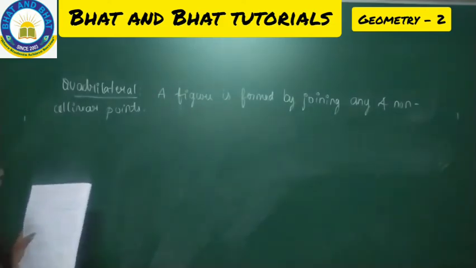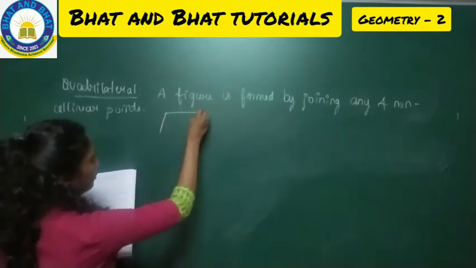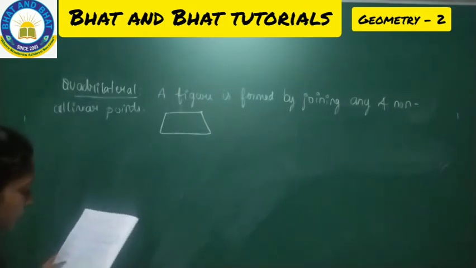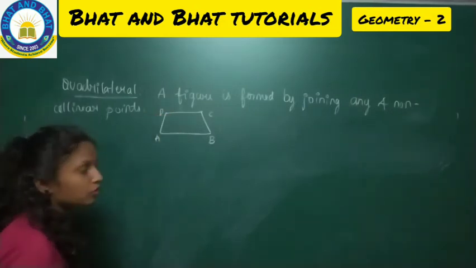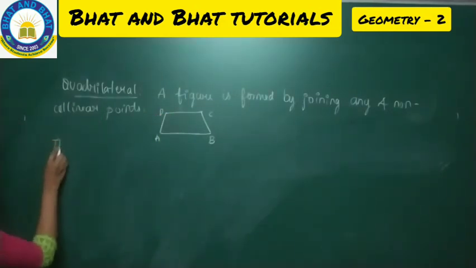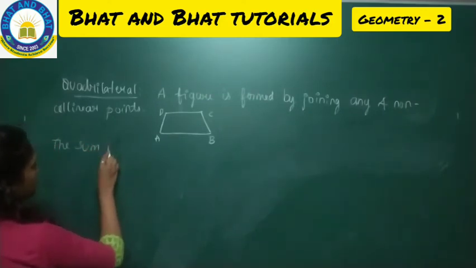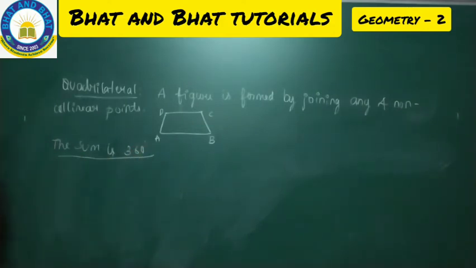You can all have a look into the quadrilateral. The quadrilateral can be drawn like this, and this is called a quadrilateral. I can just name it as A, B, C, D, and the sum of the angles of this quadrilateral will be 360 degree. Always it will be 360 degree. Make a note. So fine, hope you all copied the quadrilateral. Let me go with the types of quadrilateral.